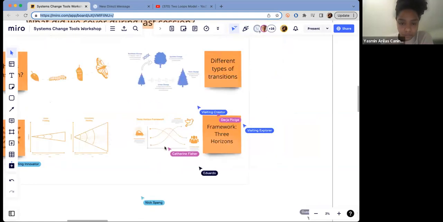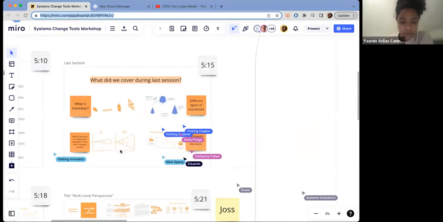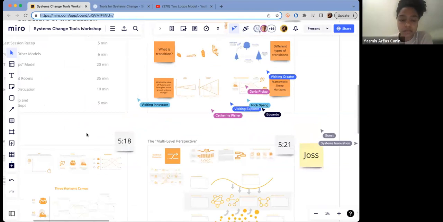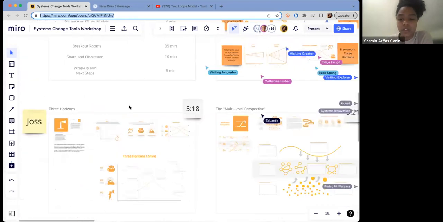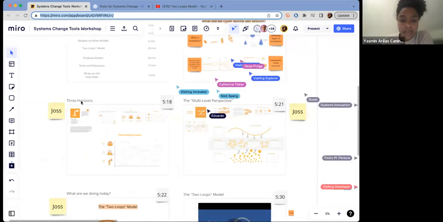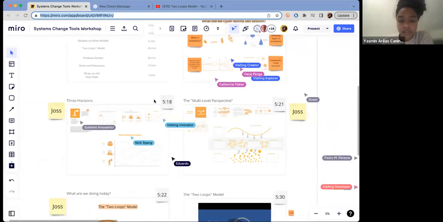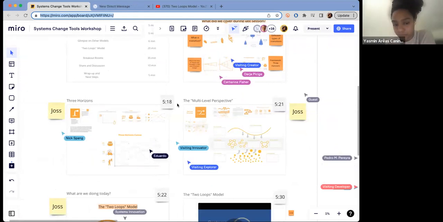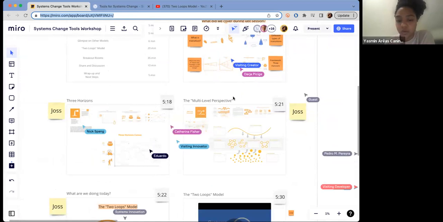So this is a bit of what we've covered. And here we're going to just go a bit deeper into the three modules. And here we have, for each one of these quadrants, we have the link so you can access later the Three Horizons, the multi-level perspective, and the Two Loops module that we're going to cover more deeply today. Okay, so